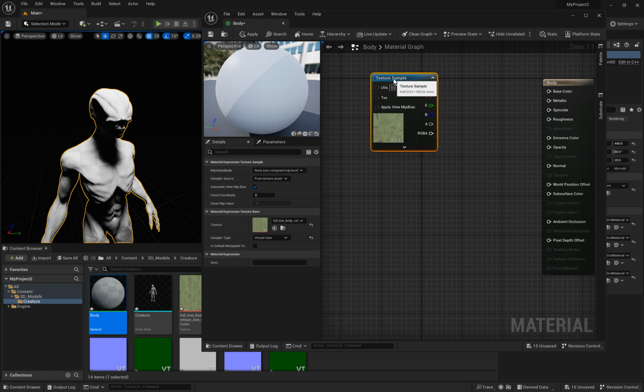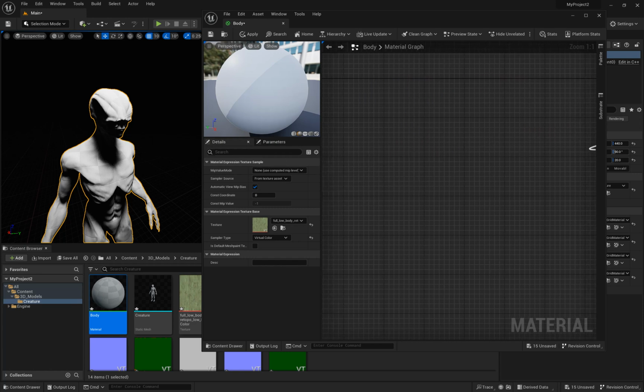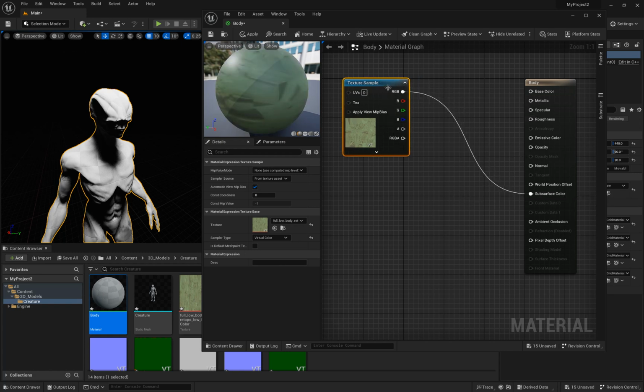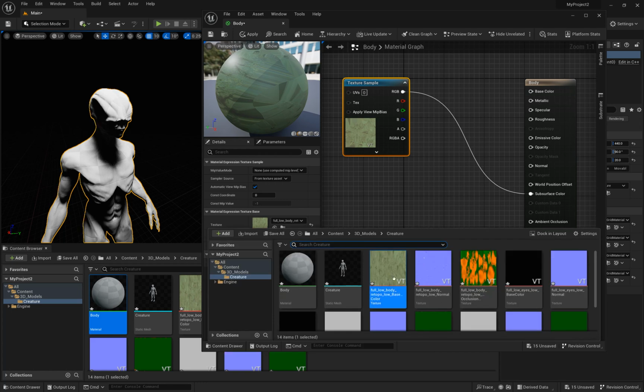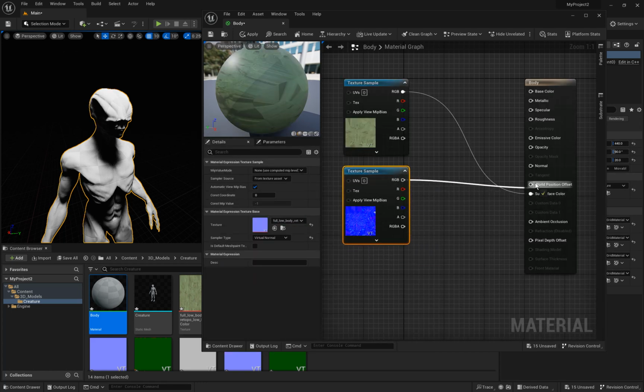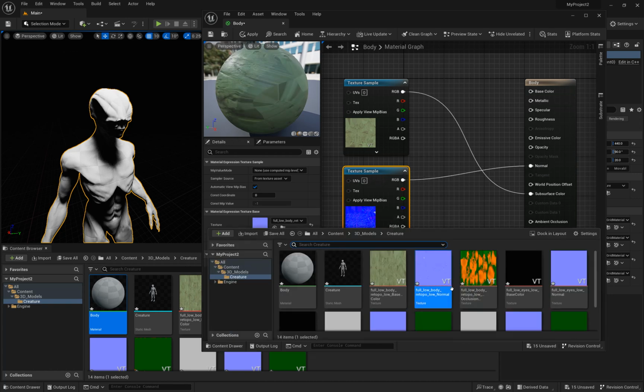Right, this will be our base color, but instead of piping that into here for this particular model, because we have a fleshy sort of subject here, I'm going to pipe this into the subsurface color. And then I'm going to grab the normals. Of course, that will go into the normal. And then this last one is a